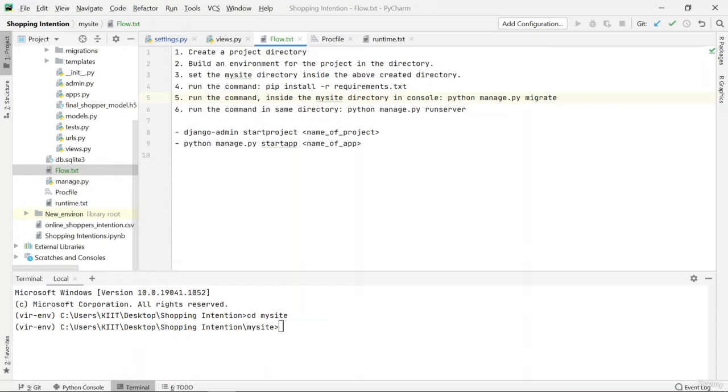For those pre-built tables, this command is run. Once you run this, you would see that a db.sqlite3 file has been created, meaning that the tables are now created.